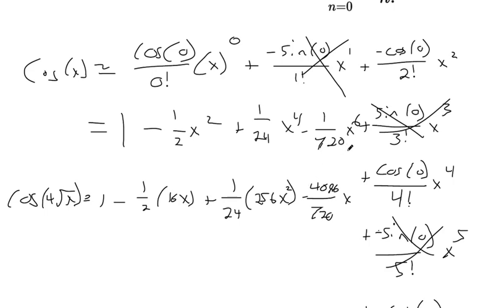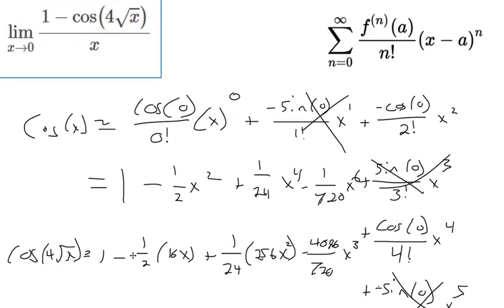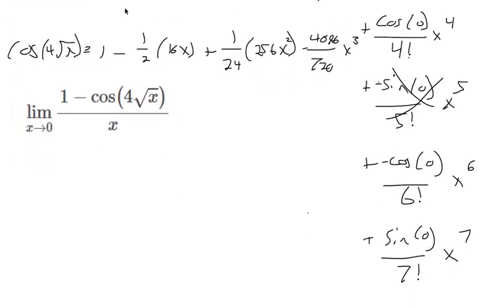And now we're not plugging in x here. This is 4 square roots of x to the sixth power. So that's going to make x to the third. So here's the Maclaurin series for this part over here. Okay, so remember what a Maclaurin series does for us is it approximates a function. We could keep going obviously with that function, but this is approximately equal to the limit, as x approaches 0 of 1 minus,